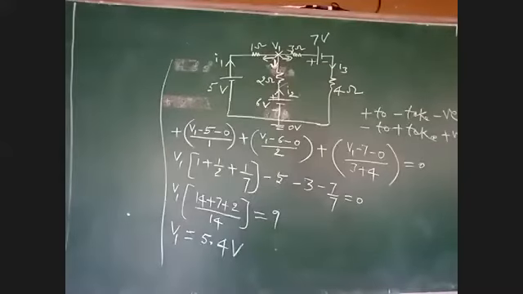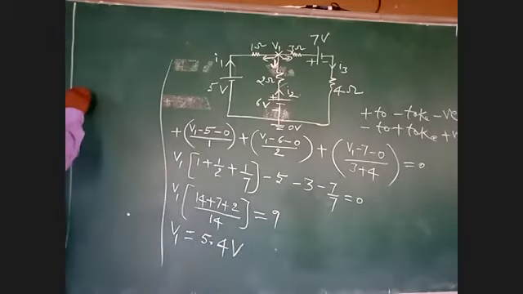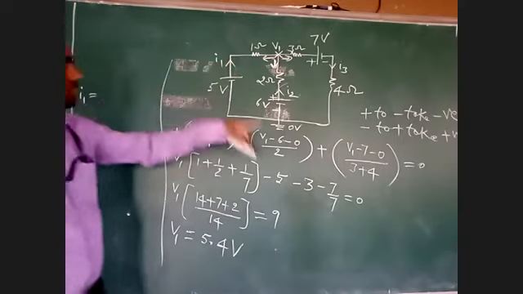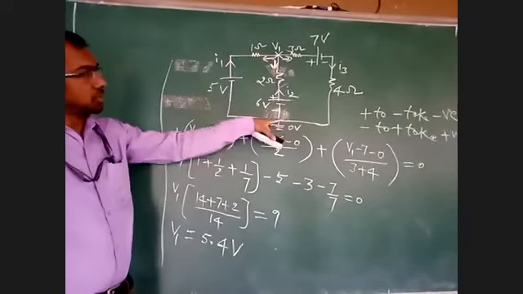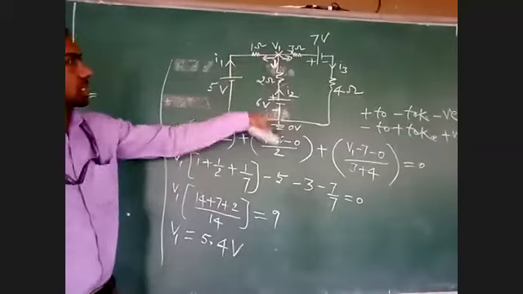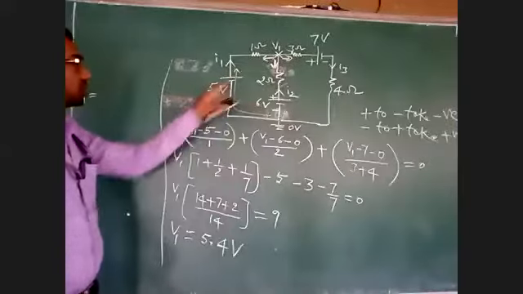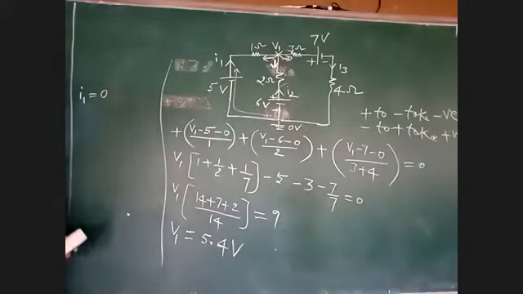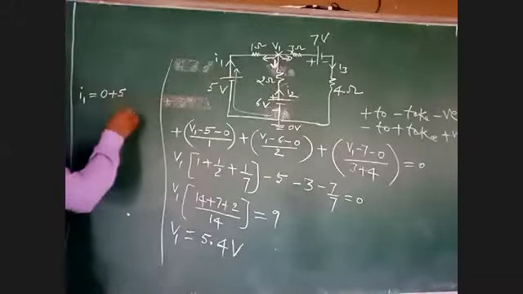Still any doubts? Now we'll go for the actual direction of currents I1, I2, I3. See I1, what is the direction of I1? Like this, from this node to this node. 0 is at higher potential, V1 is at lower potential now. If it is moving like this, what do you get? Plus 5 minus V1. If current is flowing from minus to plus, you get plus 5.